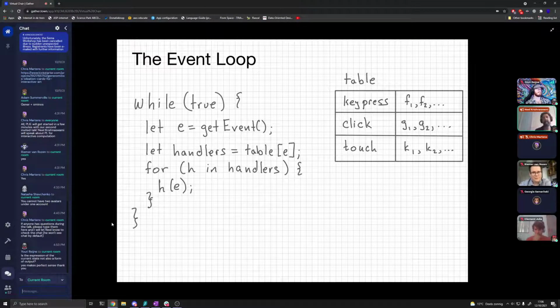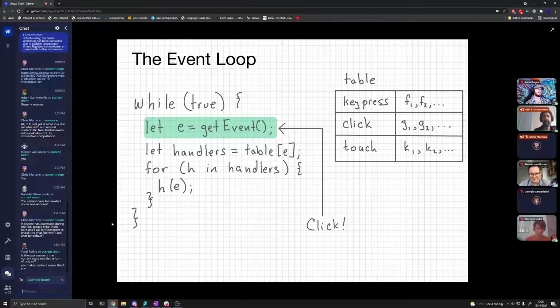The way the UI works is that somewhere in your language's runtime system, there's a big while loop. What the while loop does is it has a blocking function to get the next event. So you wait for the next event to arrive.